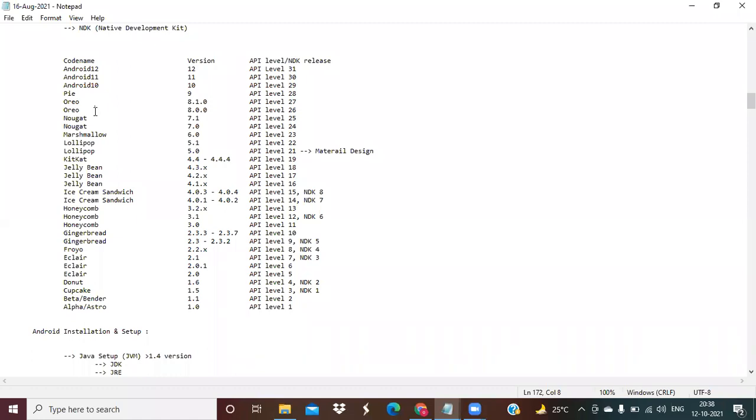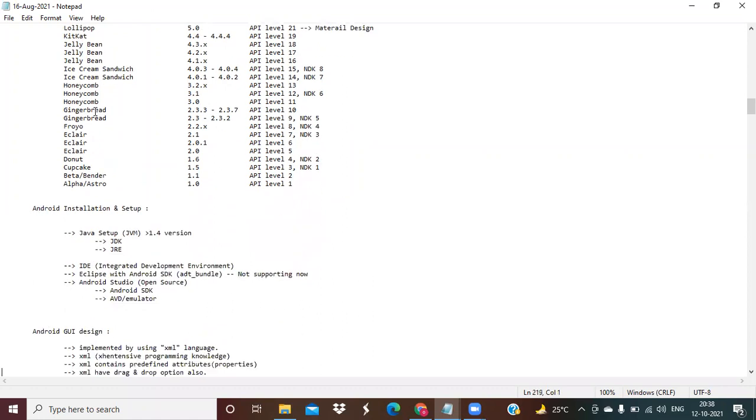So today's task, what you have to do, is complete the setup of your Java as well as Android Studio. If you are already done with this, that is well and good, we can start implementing. If you are not done, you need to install. If you are facing any problem, when I log in tomorrow, please discuss with me. I will sort it out immediately. Okay, so I will make arrangements, whatever it is.